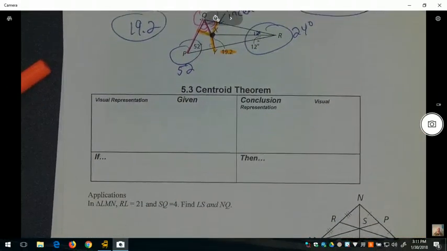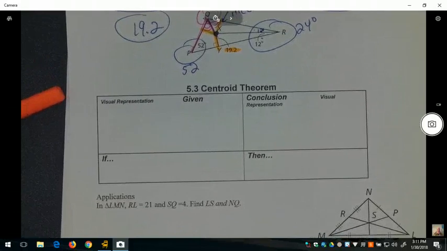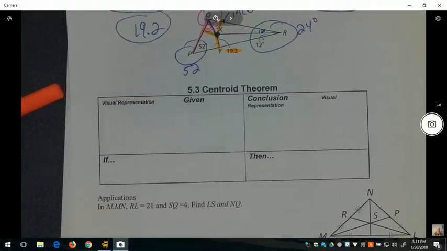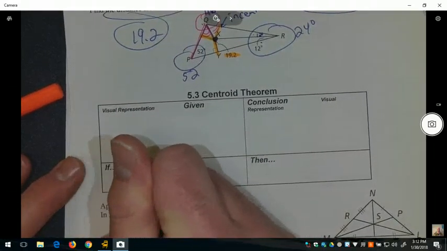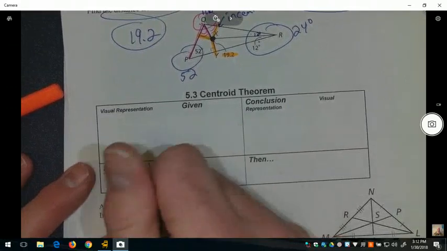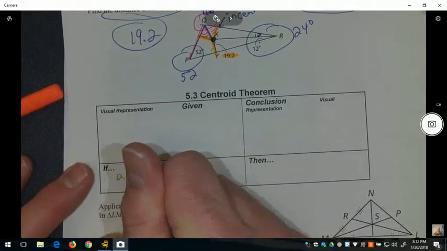Lastly, we're going to look at the centroid theorem. The centroid theorem is not as straightforward. It doesn't talk about things being equal or congruent. It actually has a slightly different relationship, but it will give us an equation to be able to solve for sides. And it says basically if a point is the center, or is the centroid